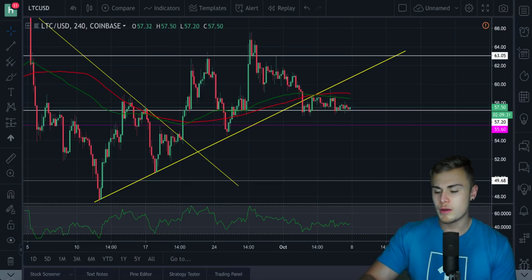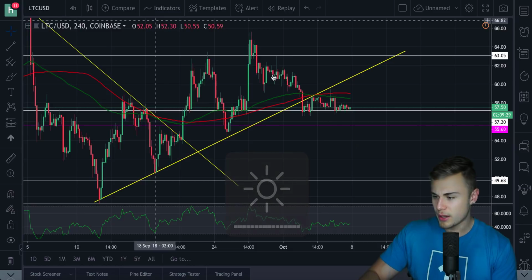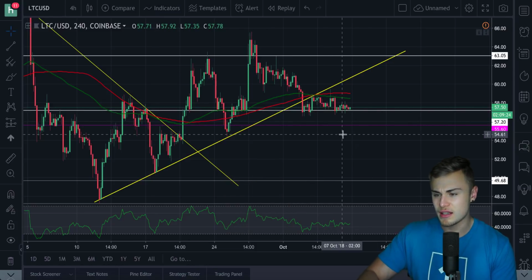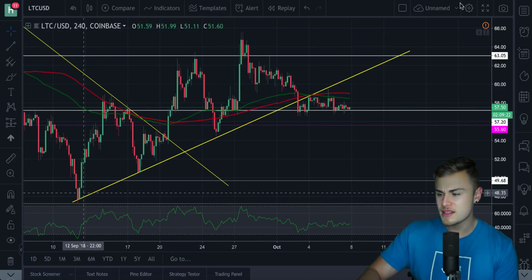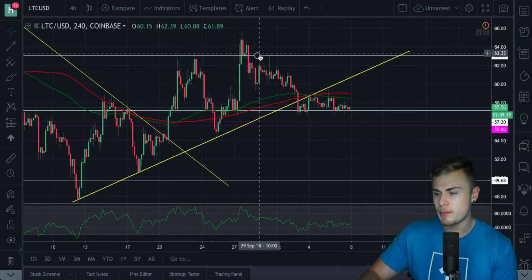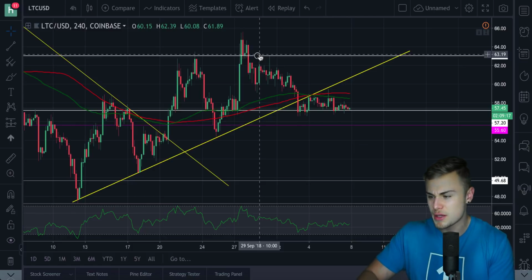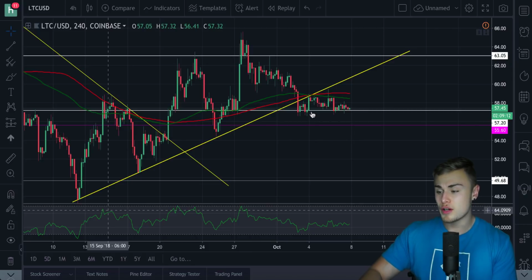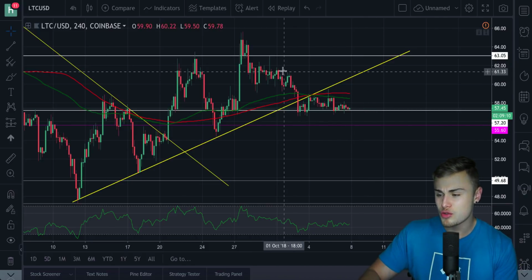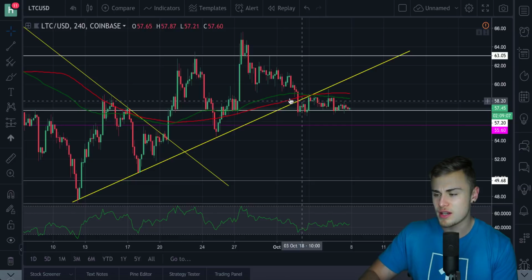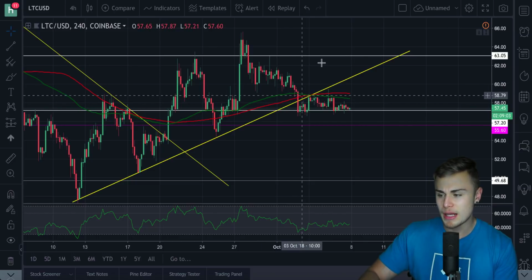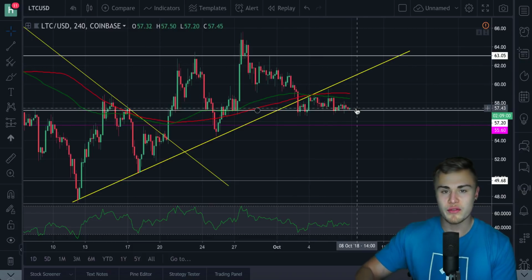But for the most part, when we look at Litecoin right now, I'm just going to make this a little bit brighter, we traded out of it. It's actually quite interesting to my view. We were in this ascending triangle that was forming with a bearish resistance at the top at around 63, and we had 1, 2, 3 points of contact, pretty much confirming this uptrend right here, and then we just traded out of it. It was very, very interesting. We went back down. I initially thought we were going to retest the support line right here and bounce back up, but we literally have just traded out of it, which I'm actually going to explain what that means in a second.